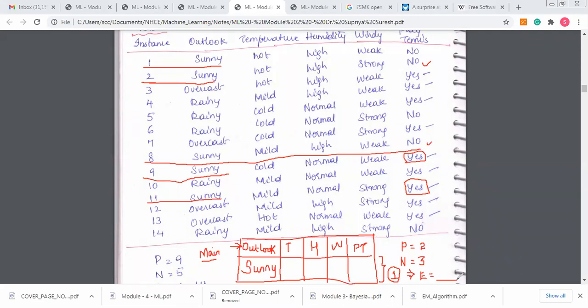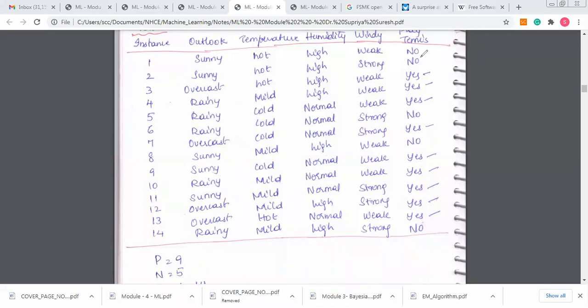Ma'am, can you show the formula once? It's too long to remember. It's a very easy formula. See, minus and minus both the sides. P by P plus N. The other term is N by P plus N. So first you'll have the positive, the second is going to be the negative. I'll show you. It's actually a very easy formula.